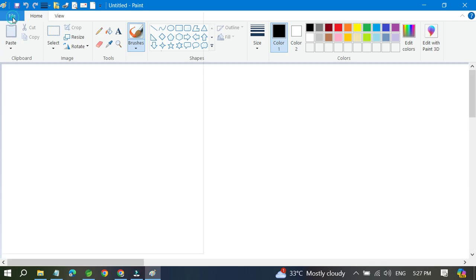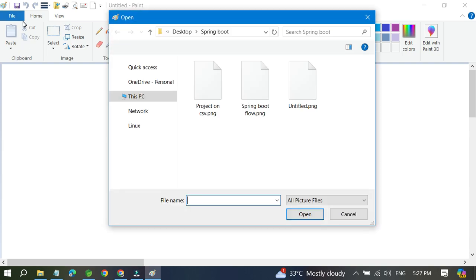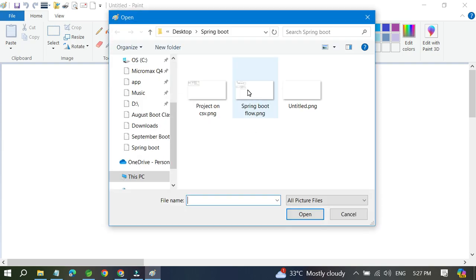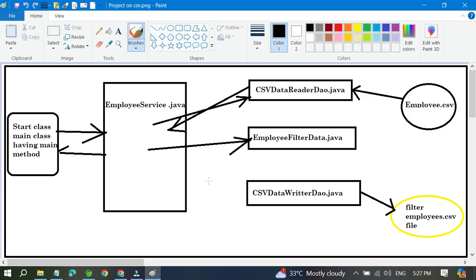Okay, there is nothing right now. This is the Spring Boot project structure, the project on CSV. Let me open it. Okay, so if you see this flow,